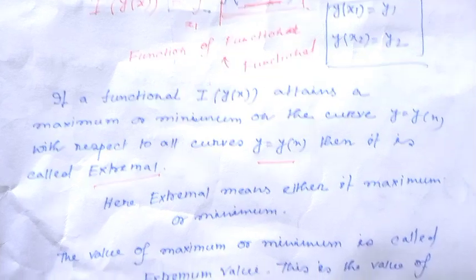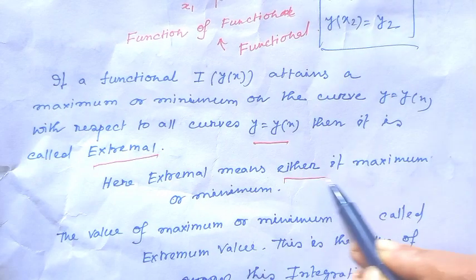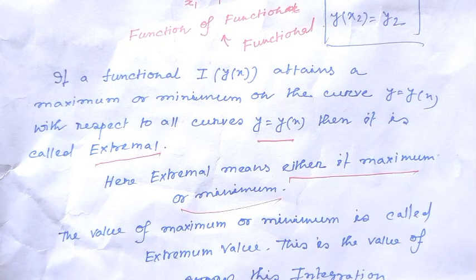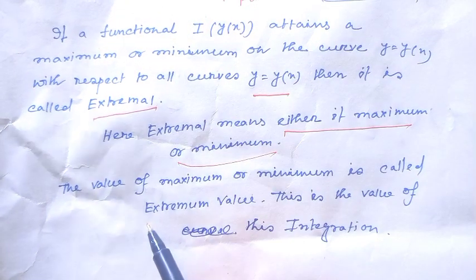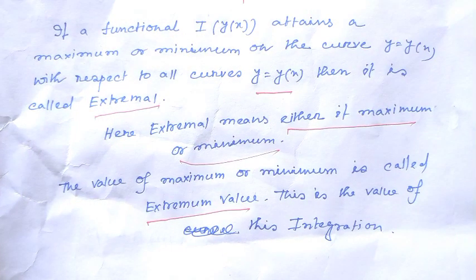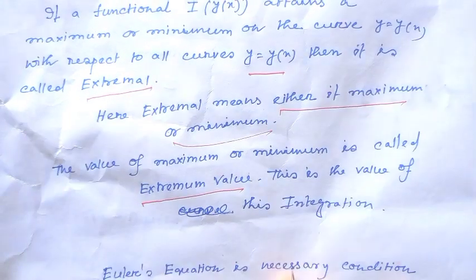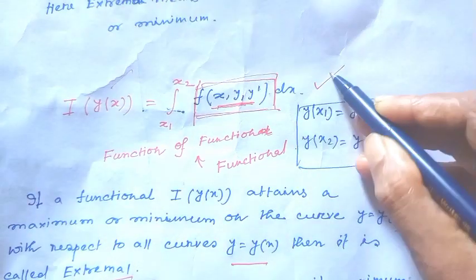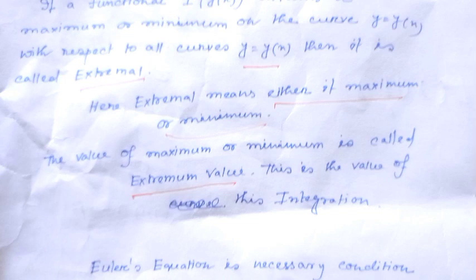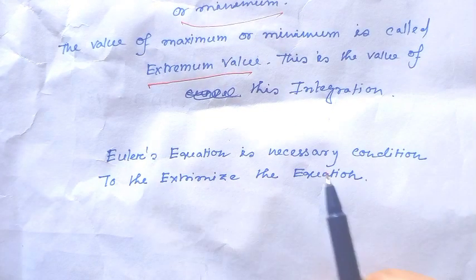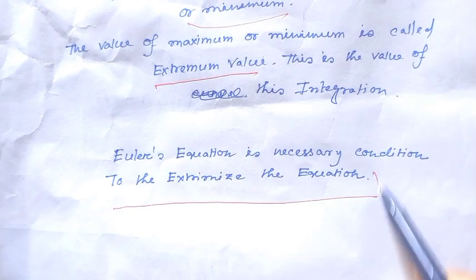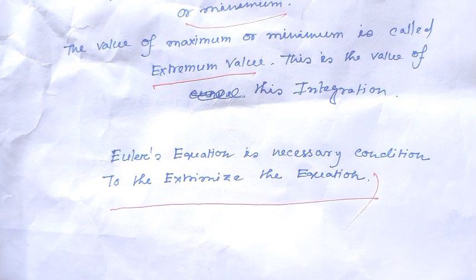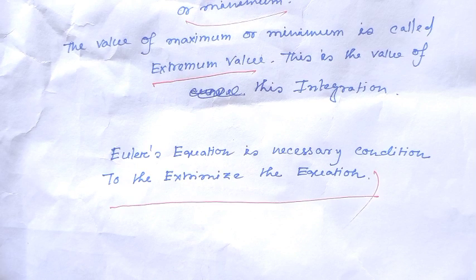That means here the extremal means either it is maximum or it is minimum, and the value of maximum or minimum is called the extremum value. Actually, this is the value of this integration. This value of the integration is called the extremum value, and the Euler equation is the necessary condition to extremize the equation. Okay, now I will see what is the Euler equation